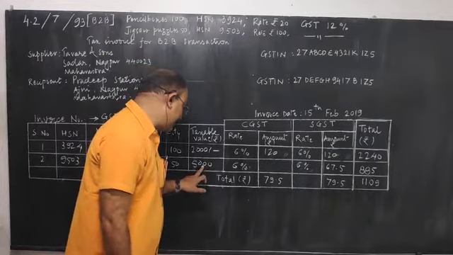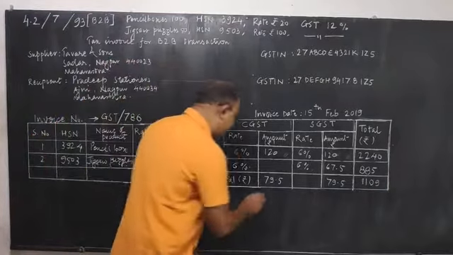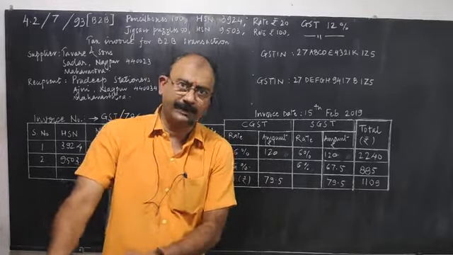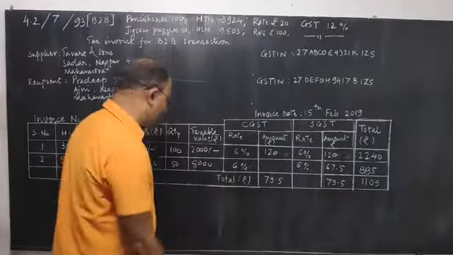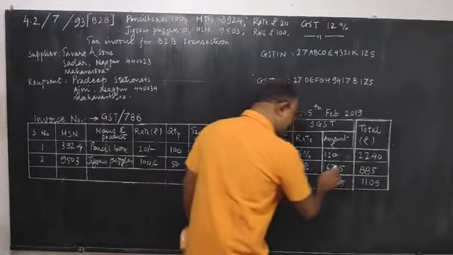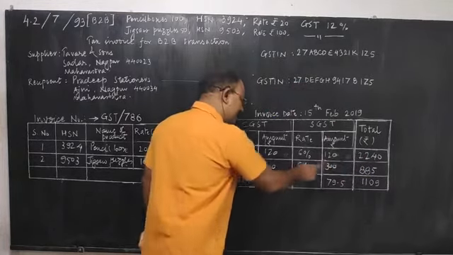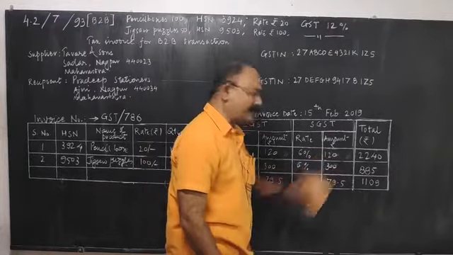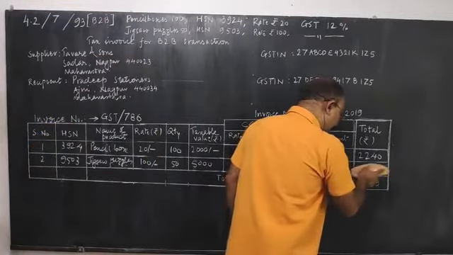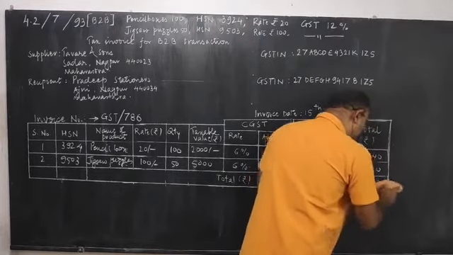Taxable value is 5000 rupees. 6% of that, if you calculate, comes out to be 300 rupees. I hope everybody will be able to calculate 6%. If not, do the rough calculations and then write. It can be done orally also. So 6% of 5000 comes out to be 300 rupees. Here also, for CGST, again 300 rupees, and 300 SGST. That means total GST will be 600 and taxable value is 5000, so the net price will be 5600 rupees.